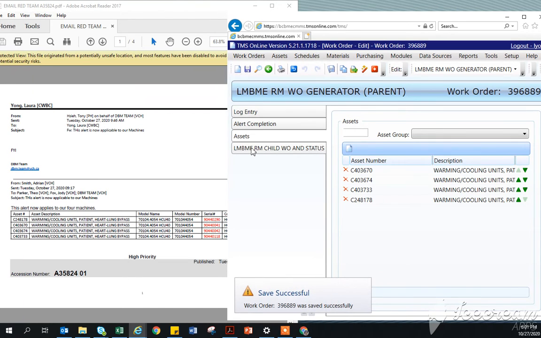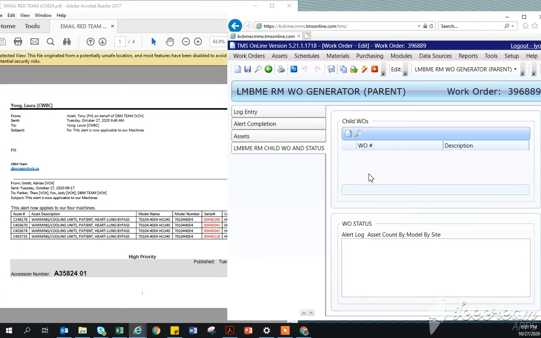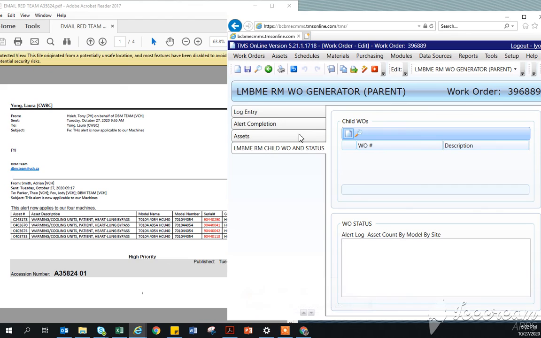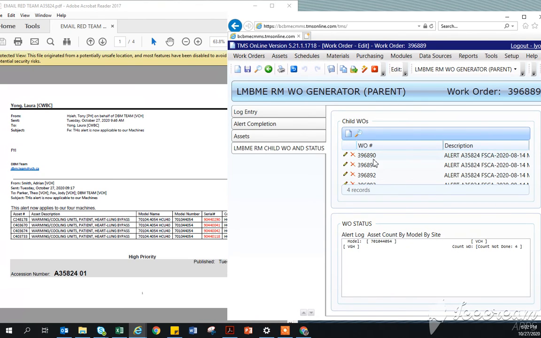To generate the work orders, because if I switch to here, you'll see that there's no work orders generated. In order to generate it, I will click auto create and click yes and hit save. And this template will now generate all 4 work orders, which you'll see when you refresh here. There we go. Those are the